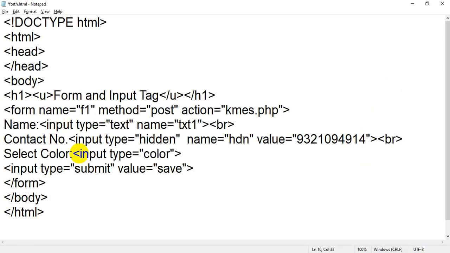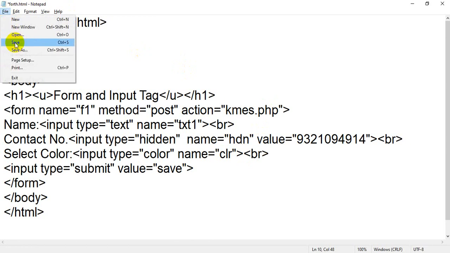You can assign the name attribute. What is the use of name? It will bind the values of that input box. Name equal to, for example, clr, you can take any value. Then I am going to add one BR tag.